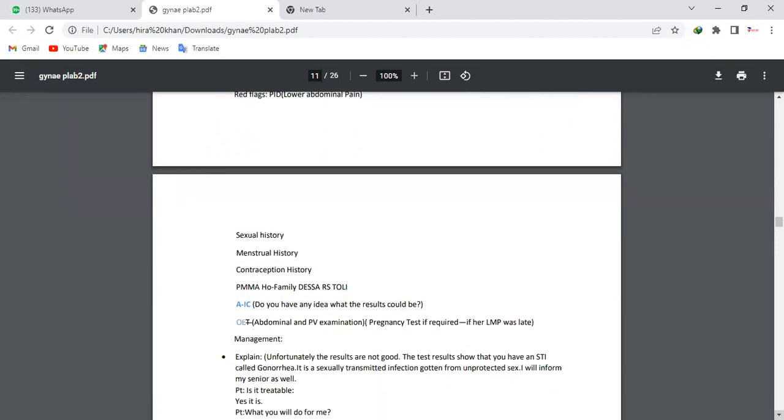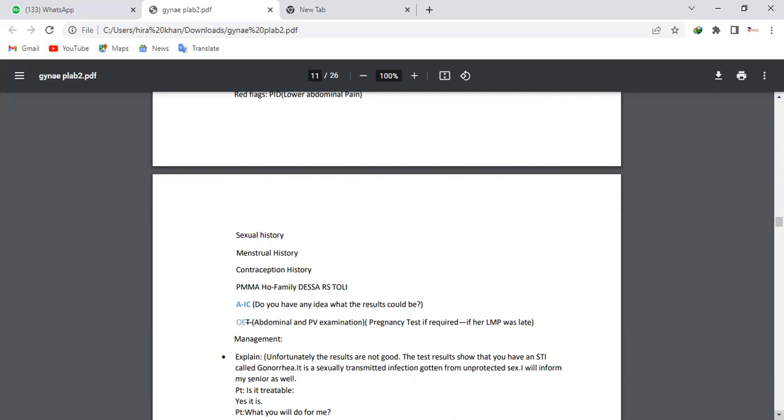And then sexual history is really important here, because, as you can see, for the information that the examination system has provided to the patient, you should have asked all the questions on your own. Otherwise, the patient will not answer you anything on their own. So you have to ask a detailed sexual history, then menstrual history, then contraception history, then PMH, drug history, family history, smoking, alcohol, recreational drugs, anything. Okay, and then complete the rest of the history and ask, do you have any idea what the results could be? Or what do you think is going on? All right, so always ask.